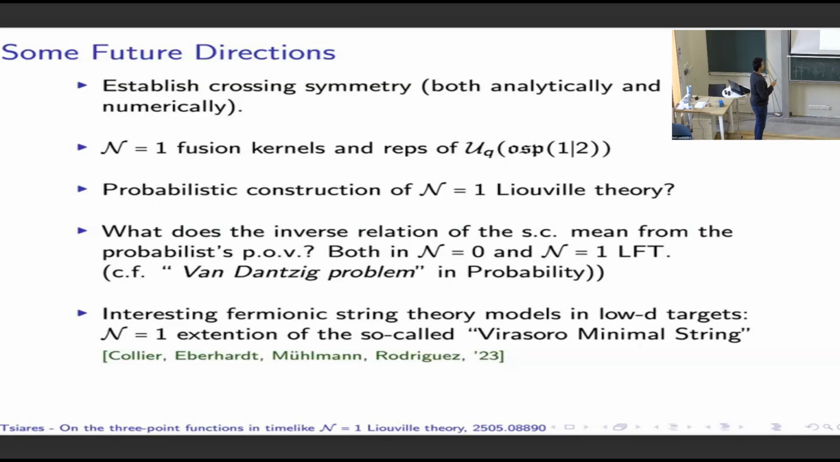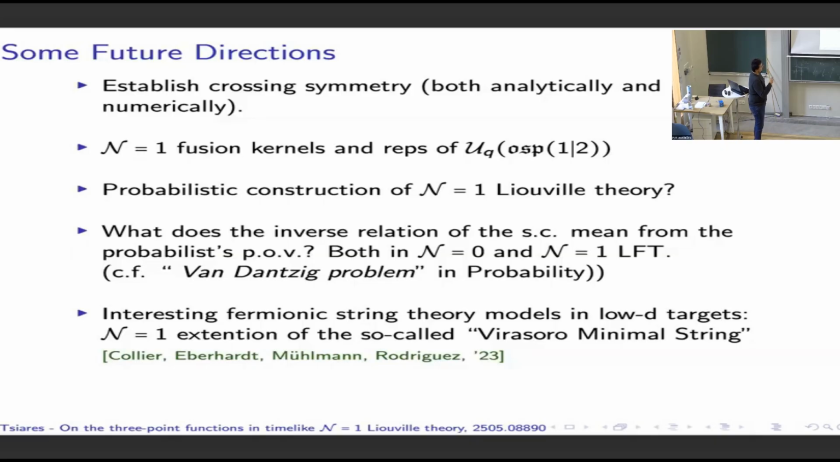For some future directions, now that we have this expression, it would be nice to establish crossing symmetry a la Ribault-Santachiara, maybe numerically, but also analytically, to look for the associated fusion kernels, the n equals 1 fusion kernels in this case. In particular, this n equals 1 fusion kernel, just like the n equals 0 fusion kernel as we heard in the previous talks, is associated with